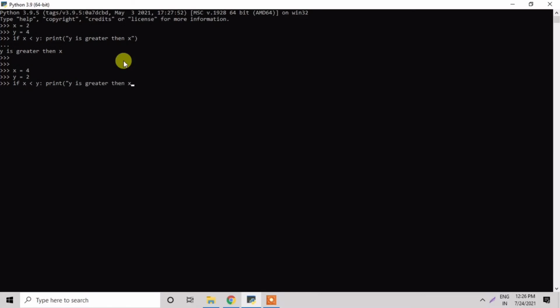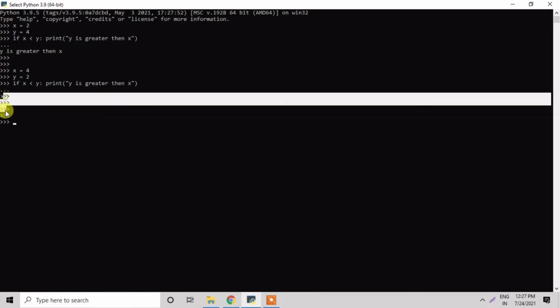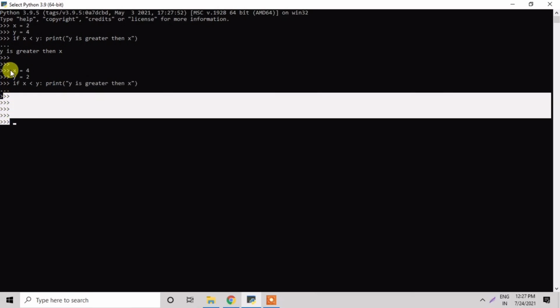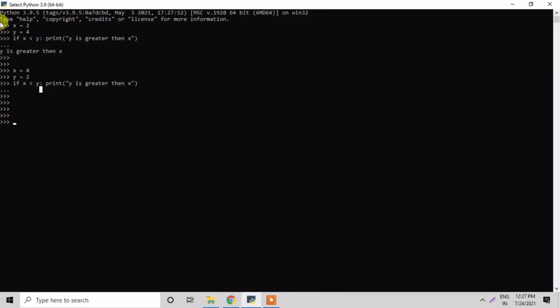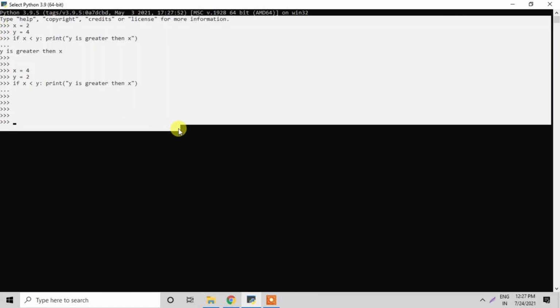We will see the output, whether it comes or not. We can see that no output has come because the statement is false, because x's value is not less than y; x's value is 4, which is greater than y. In this way we can use the if statement in the Python programming language.